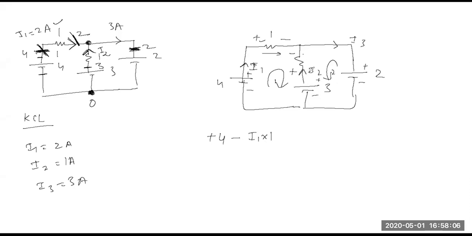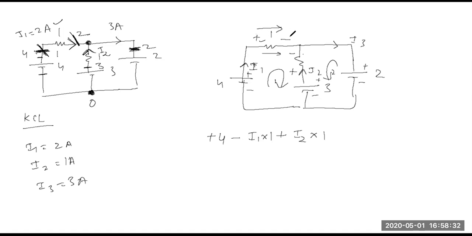I have reached this element, and as I'm moving clockwise, I'm going from minus to plus, right? So I'll write down plus here, and then you'll write down I2 into. So why minus I1? Beta, why minus I1? Because see, your I1 is flowing in which direction? This direction, correct? Going from plus to minus,